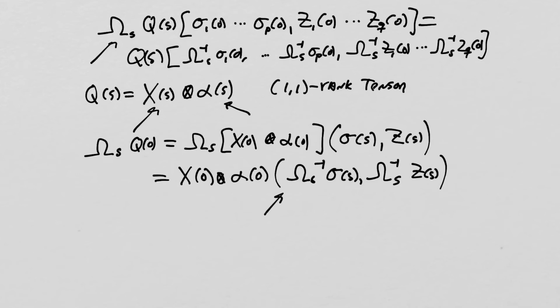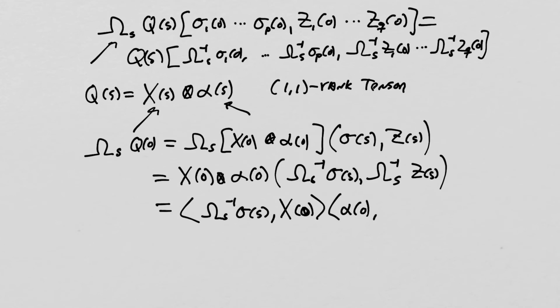But this we can calculate, right? We can calculate that. That's going to equal omega s inverse sigma s acting on x0 multiplied by the dual space map of alpha of 0 omega inverse s z s. Right? So once we have that expression,